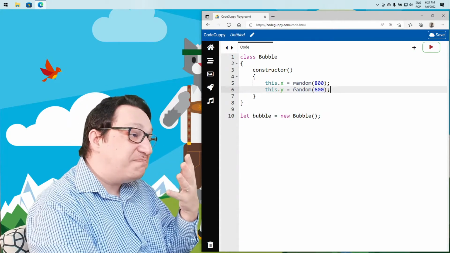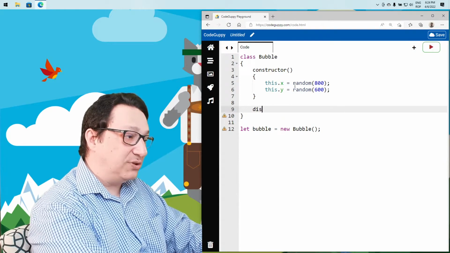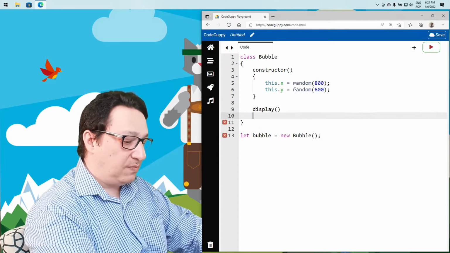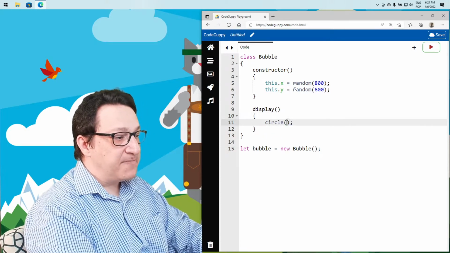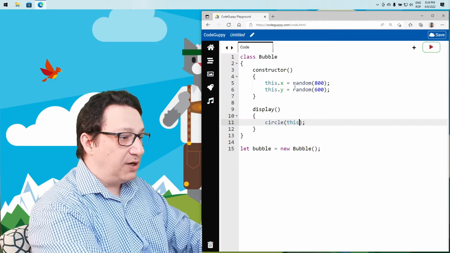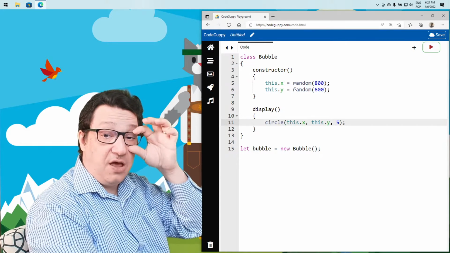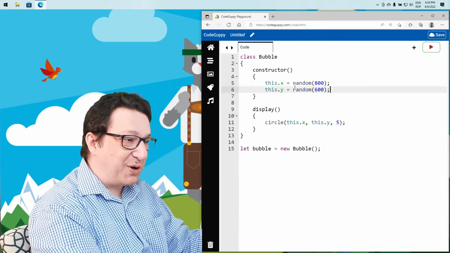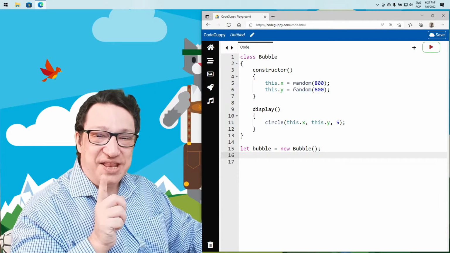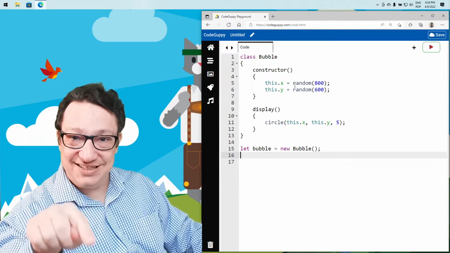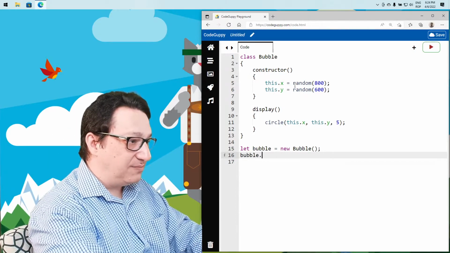Right now, let's perhaps visualize the bubble, and the way we visualize it, we're gonna create here a method display, and inside this method, we're gonna use the circle function to just draw a small circle at coordinates this.x, this.y, and perhaps an arbitrary radius of 5, or we can have that one defined as a property. That's something up to us. And now if we want to see the bubble on the screen, we have to invoke the display method, of course, on the object bubble. So we're gonna say bubble.display,